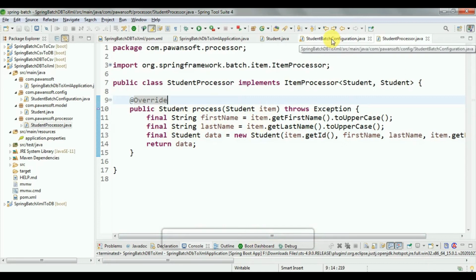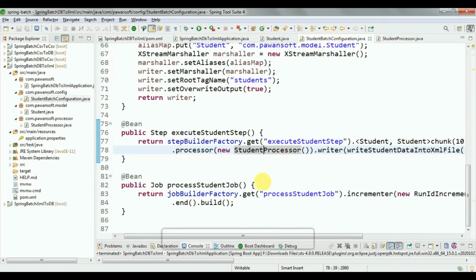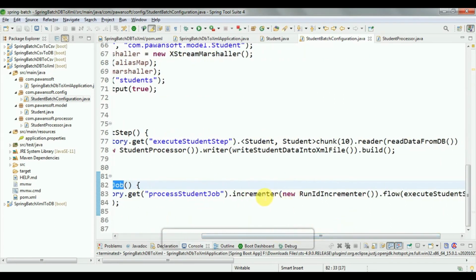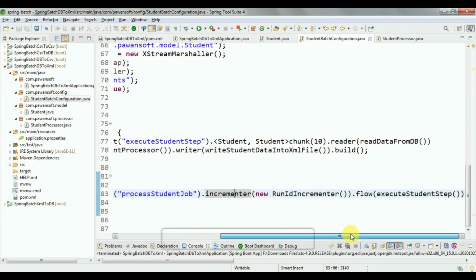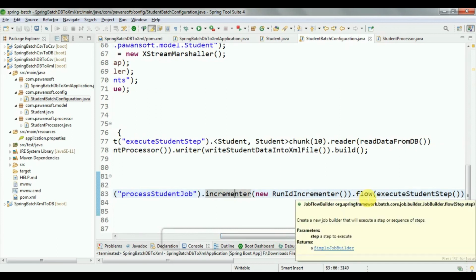and then go again to the Spring configuration class, and in the Spring configuration class you have to create the bean for the job. So we have the instance of JobBuilderFactory, dot get, process student job. I have the job method, and then the incrementer, a new RunIdIncrementer object, and then dot flow.